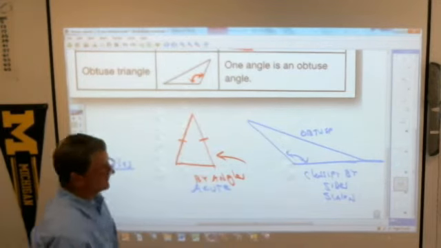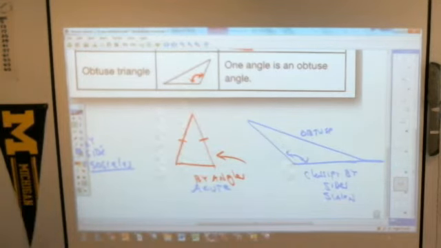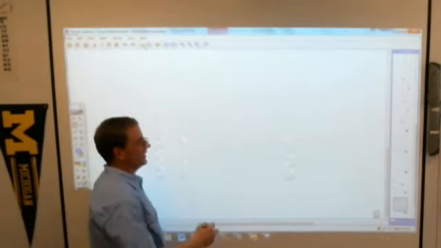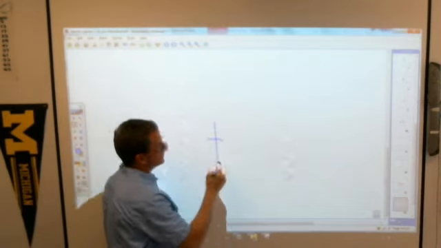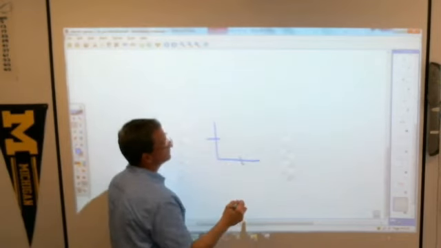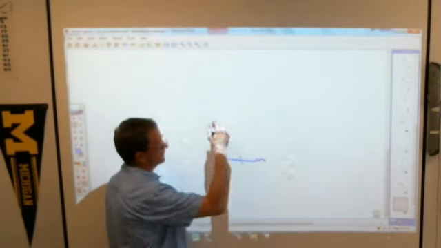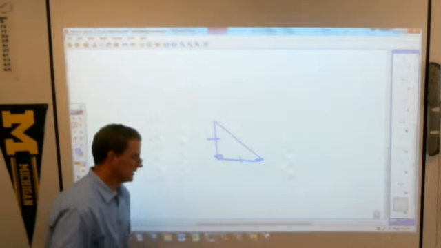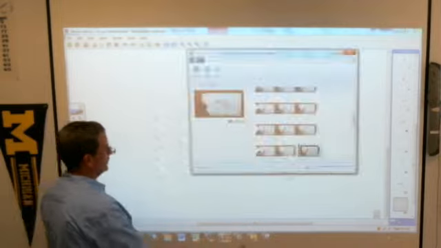So please, please, please take a look at your notes every time you see it. Otherwise, is every right triangle a scalene triangle? Yes or no? Can you draw a right triangle that's not scalene? Absolutely. You make this side equal to that side, and you connect the sides. That is an isosceles right triangle. So be very, very, very